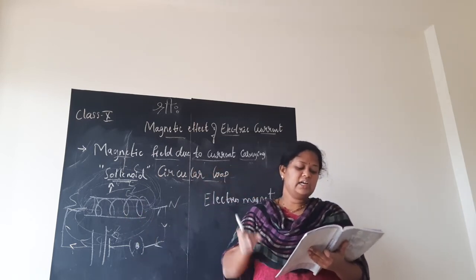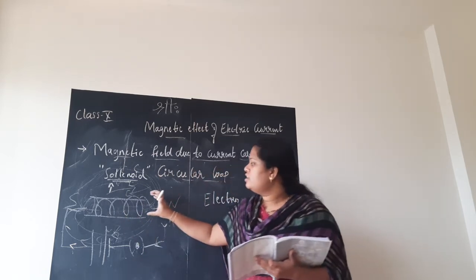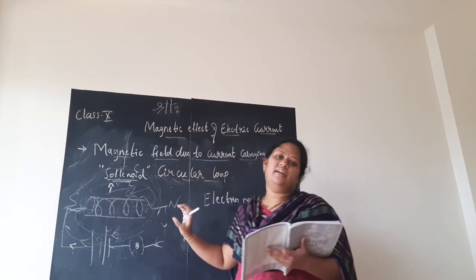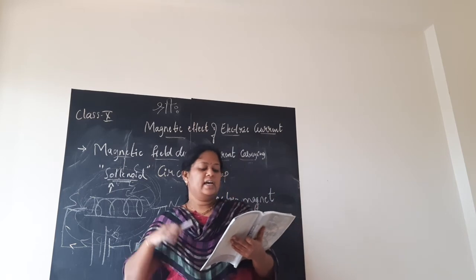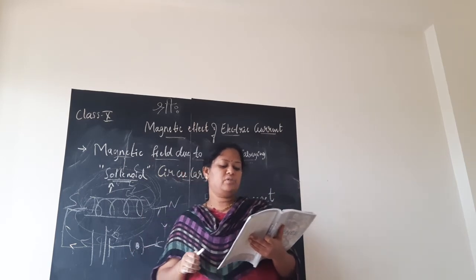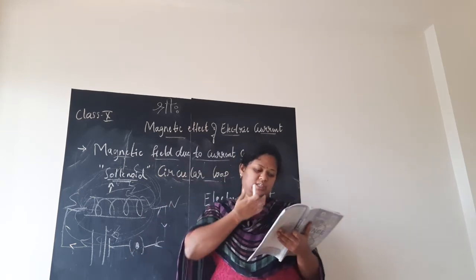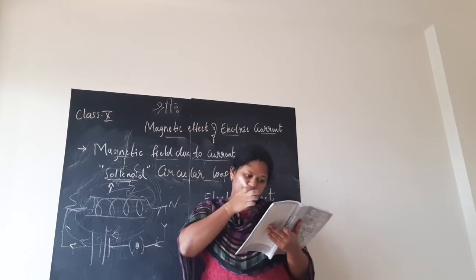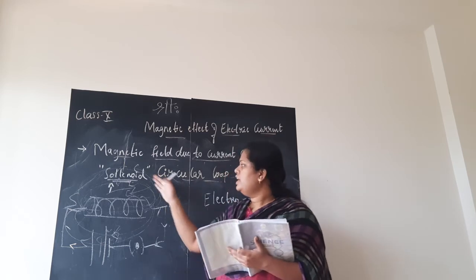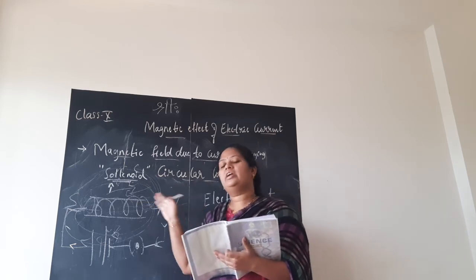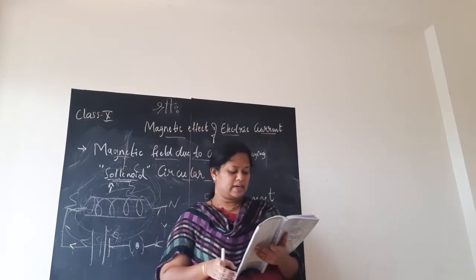Insulated copper wire wrapped closely in the shape of a cylinder is called a solenoid. The pattern of the magnetic field lines around the current carrying solenoid is shown in the figure. This is the figure which you can see. Compare the pattern of the field with the magnetic field around the bar magnet. Yes, the field lines we get are similar to a bar magnet. Hence we call a solenoid also a bar magnet.